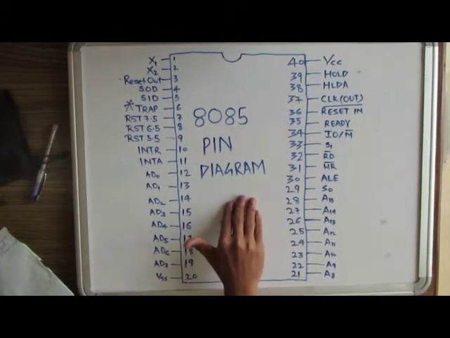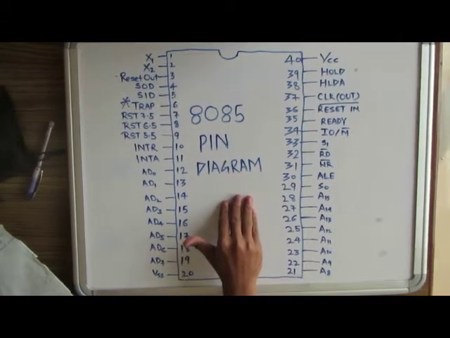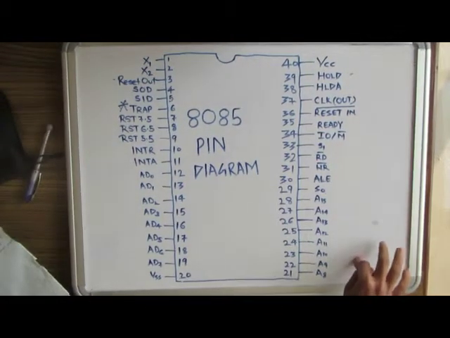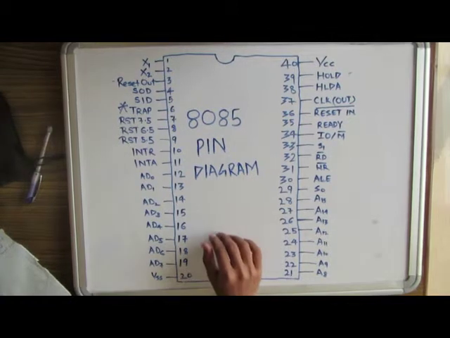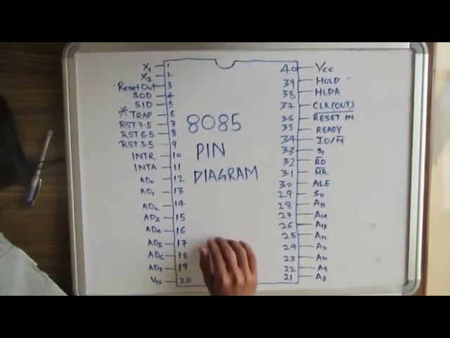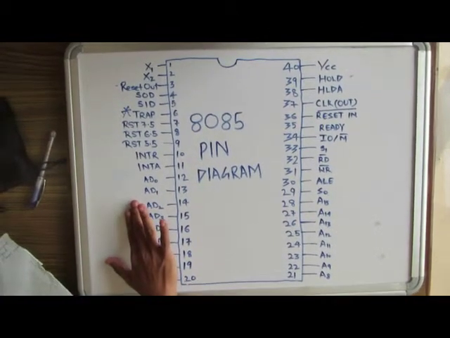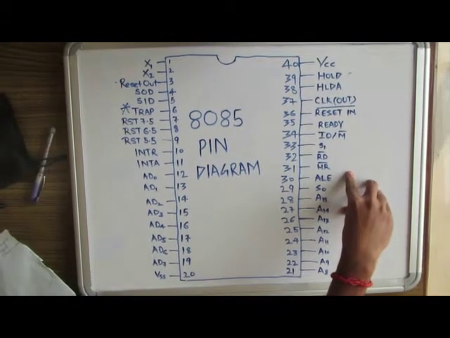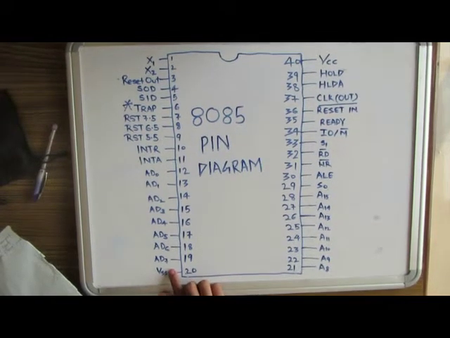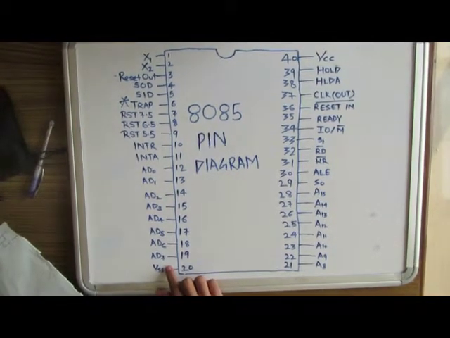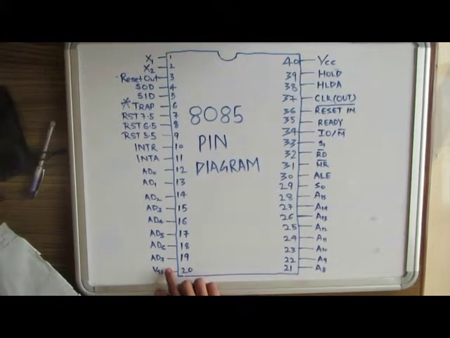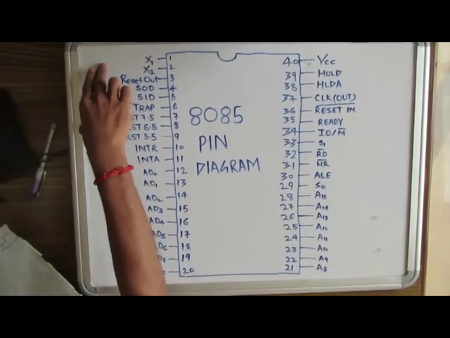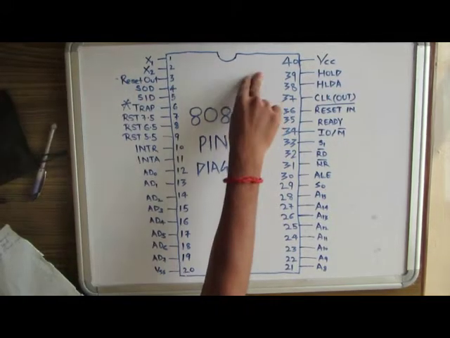This is the pin diagram of the 8085 microprocessor. As we know, it has 40 pins. Each pin is supplied with some signals. These signals are classified into 6 groups: address bus, data bus, control and status bits, power supply and frequency signals, externally initiated signals, and serial input and output ports. We'll go from pin number 1 up till pin number 40.